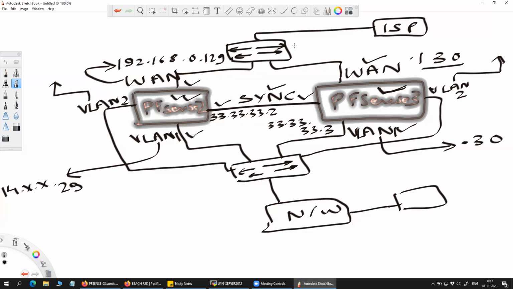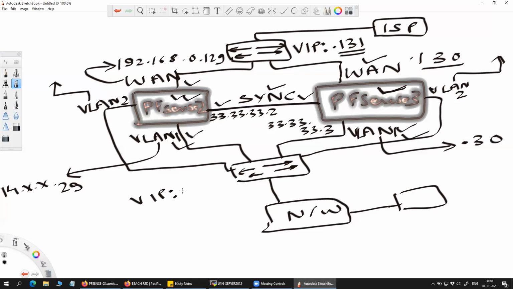So what we are going to do is create a virtual IP, which is going to be .131, and this IP will be floating between these two firewalls. The same thing we will do for VLAN 1 here and here. So we are going to create one more virtual IP